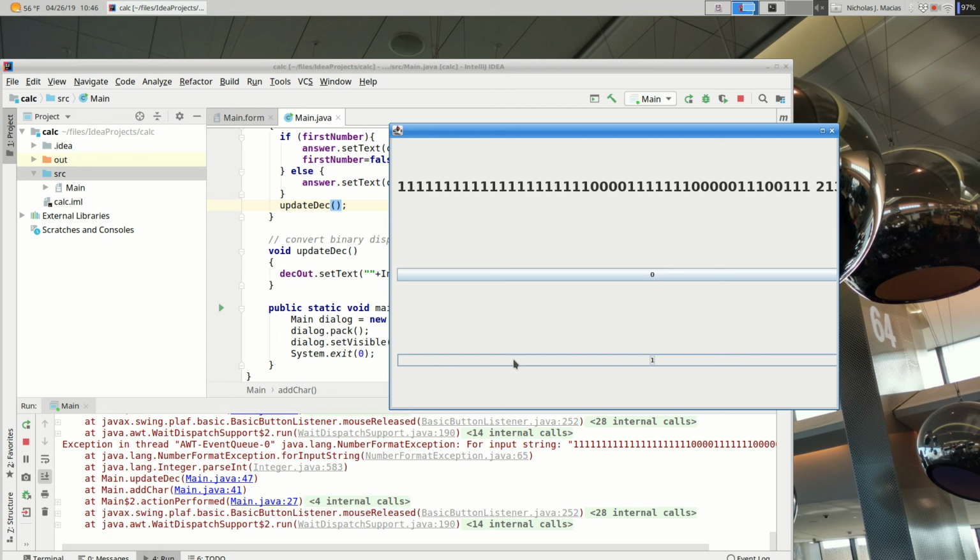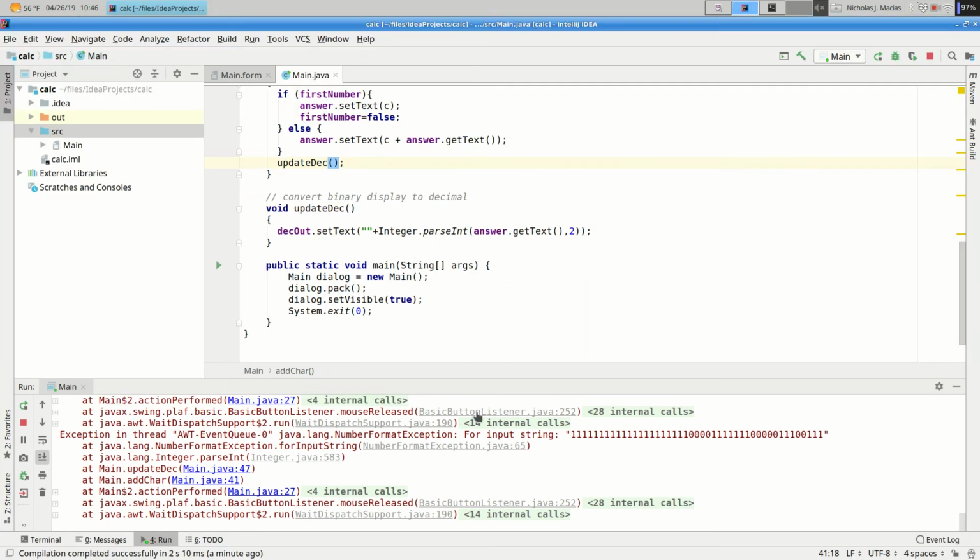And take a look at this call frame. So AWT wait dispatch support $2.run, whatever that is, right? That's something that was basically waiting for events to occur. And when we clicked, and when we released, this basic button listener mouse released method fired, and line 252 in that made a call to action performed, which was our line 27 in our Main.java.